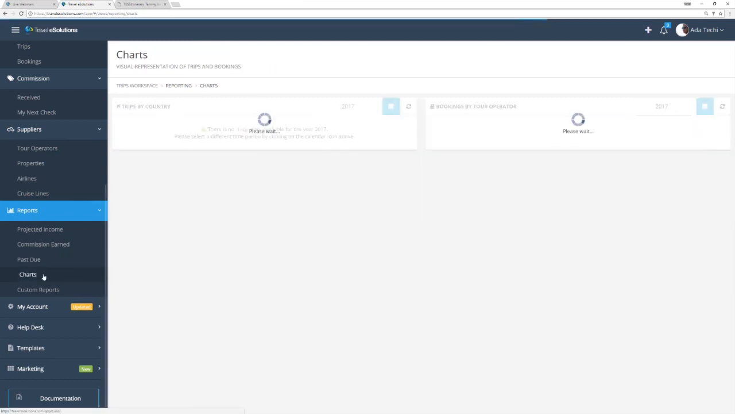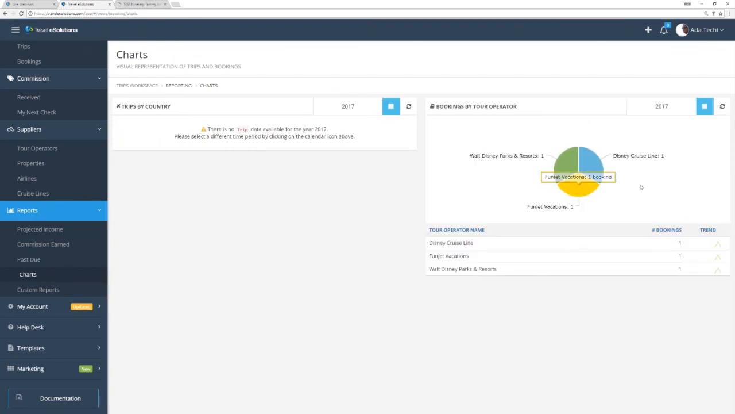Charts are cool. Just shows you kind of where you're sending people. And by country, we only have the one country for this agent. All of that standard functionality. Looking at the details of the properties and the cruise lines, you can use those in your trips, but